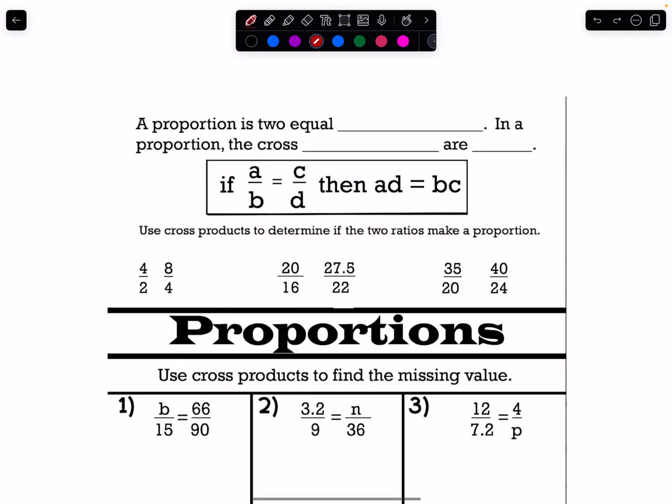Today we're going to be talking about proportions. A proportion is two equal fractions, or you might see it as two equal ratios. Ratios and fractions are the same thing. In a proportion, the cross products